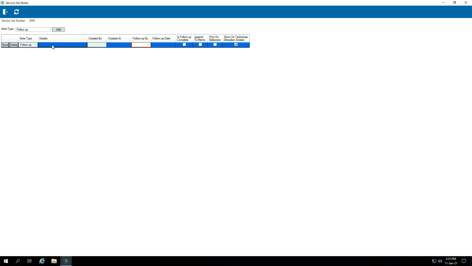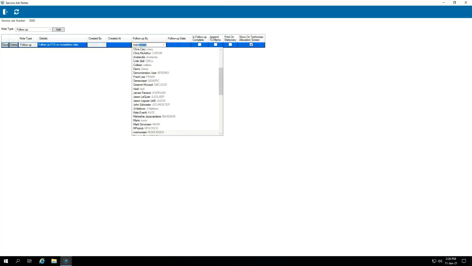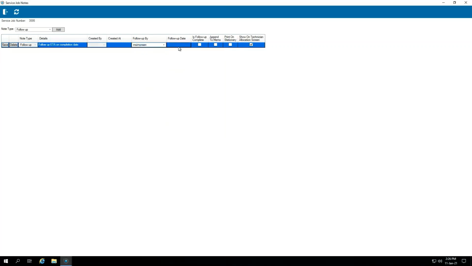And I can record the details of this particular note and assign who needs to do the follow-up and when the due date is as well. So I can say follow up ETA on completion date. The created by would obviously default to me automatically. The follow-up by, so I can say M. Simonson, and it needs to happen in 2 days' time, potentially. Now, if I hit save, you can see here that that creates a note record,